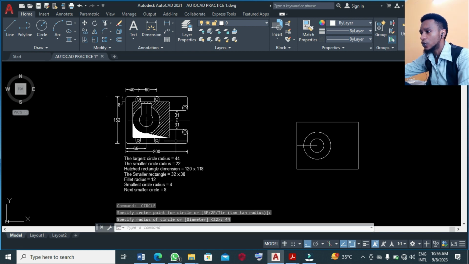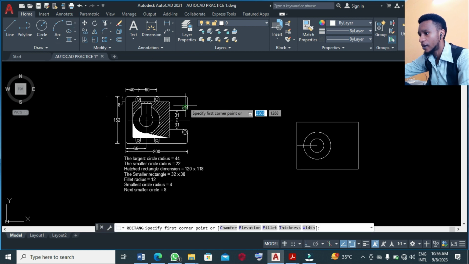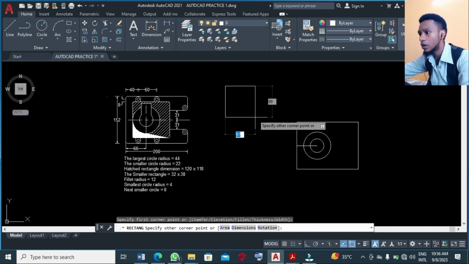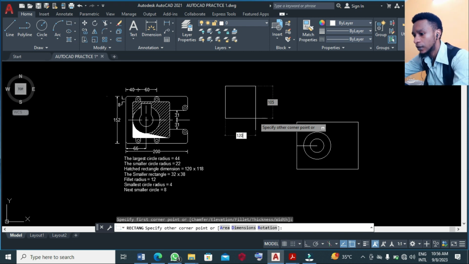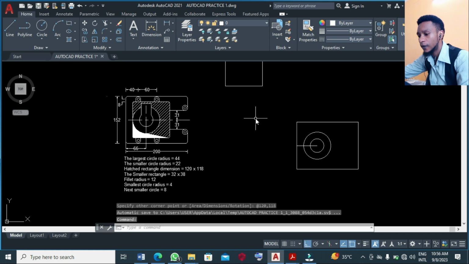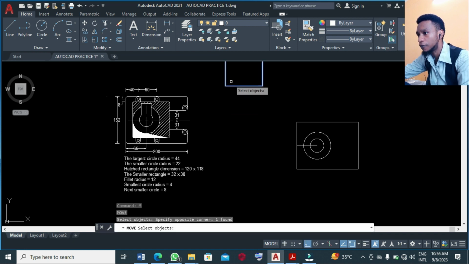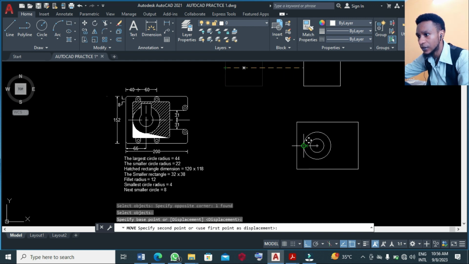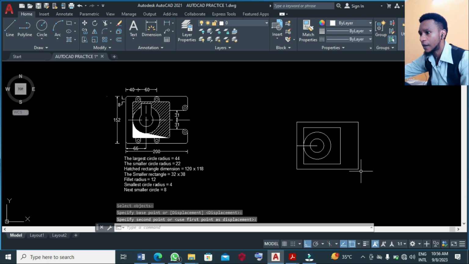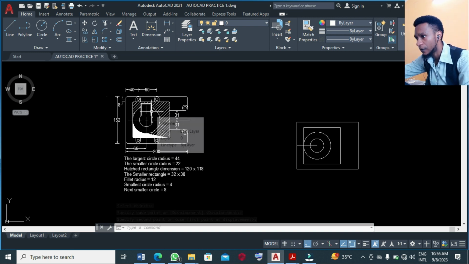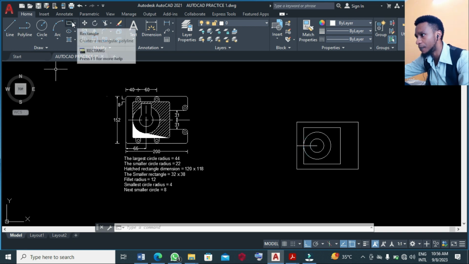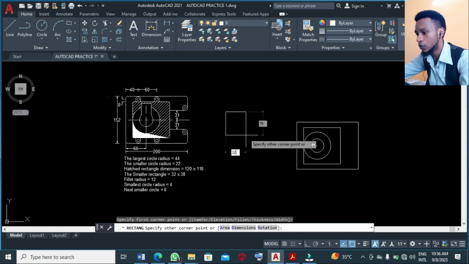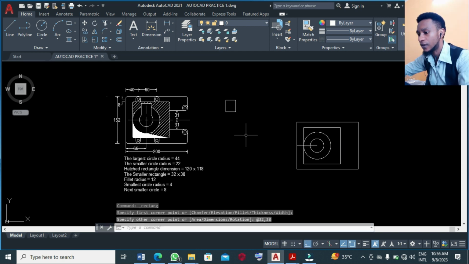When you are done, you now do a rectangle. What is the dimension? I said the hatch rectangle has a dimension of 120 by 118. Type 120, 118. Press enter. You can now move that, and I'm going to move it to the center and drop it there. The next thing I'm going to do is another rectangle here with dimension of 32 by 38. So I'll pick the rectangle tool, draw 32, 38, enter. Now to move that,